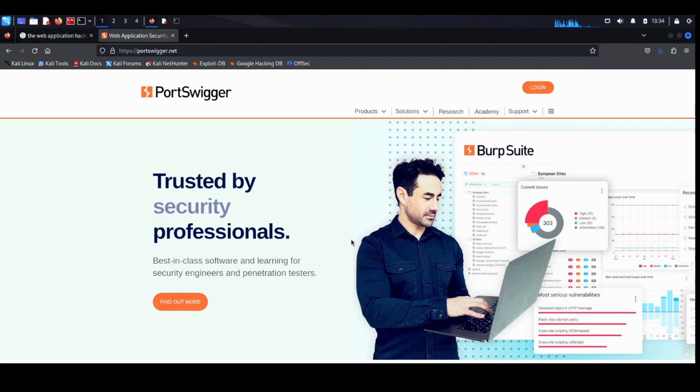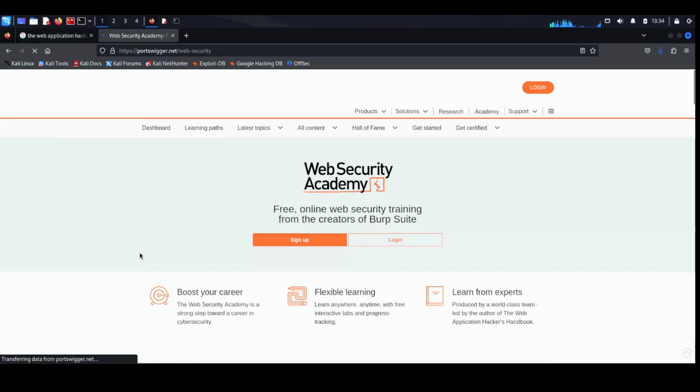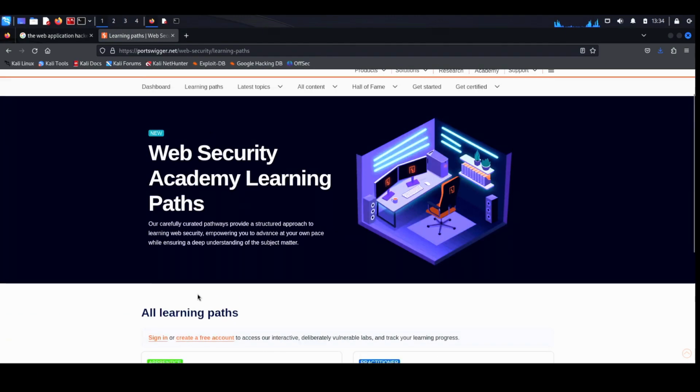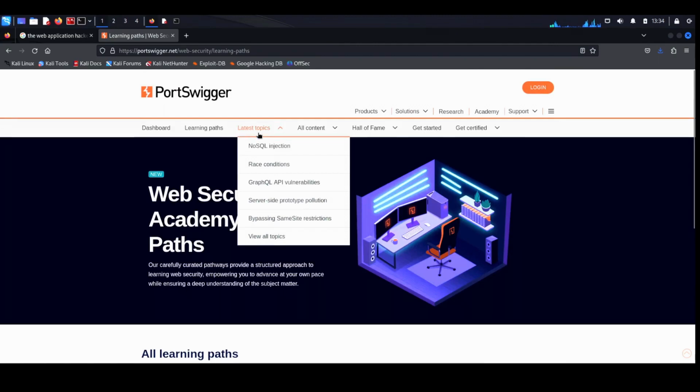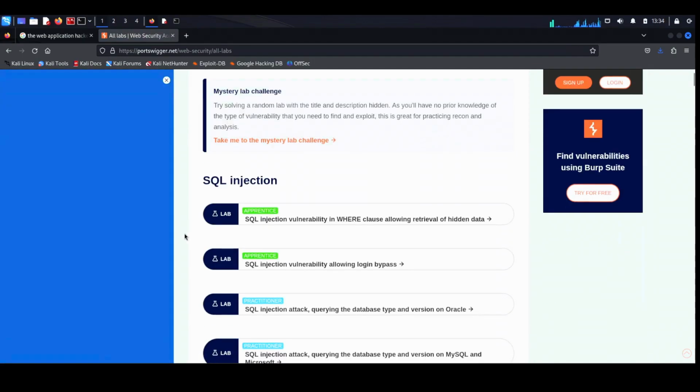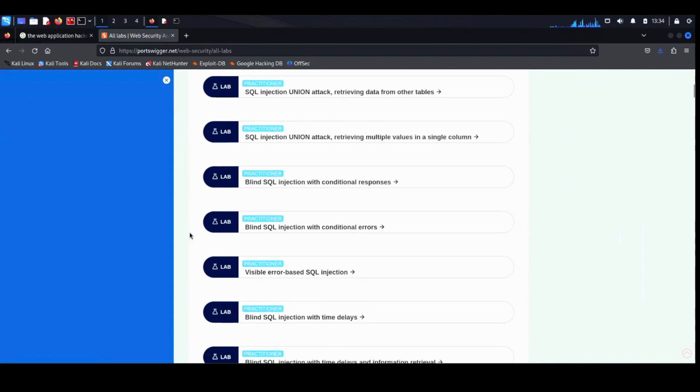And a great one of those great things is that they actually have an academy called the PortSwigger Academy. You can make an account on that for free, and they have learning paths, and you can actually learn about different vulnerabilities. And they also have free labs on all of the various vulnerabilities, SQL injection, and